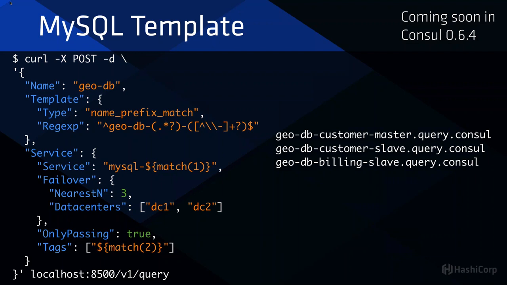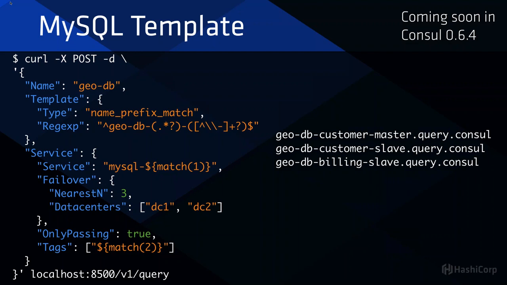So we created templates. I'll have 2 examples of templates here for you. This one has a new template section, and it says the type is name prefix match. So this will match any query that starts with geo-db. Once it matches that prefix, it'll apply the regular expression, which is basically pulling a few pieces out based on where client's dash is. And then it's substituting into the service